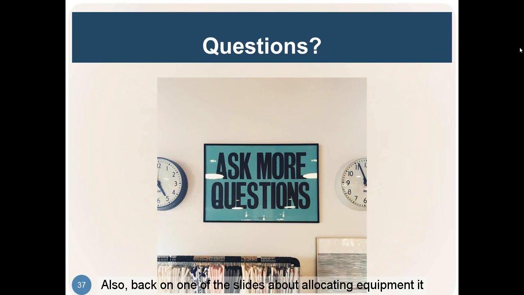And also back on one of the slides about allocating equipment, it looked like one of the options was available grant funding. And I thought that was not an allowable method. Am I making sense? I'm listening to you. I'm trying to get to the slides to make sure I understand what we're talking about. I know it's way in the beginning. But yeah, there were two. One of them was close to the beginning. The other one was the very last one that talked about that PR consultant. It looked like it was saying they allocated it based on available funding, but maybe I read it wrong.